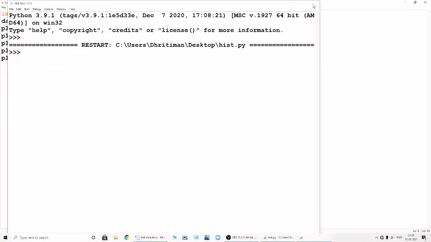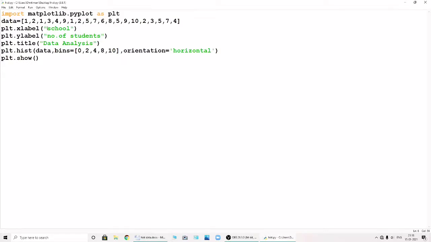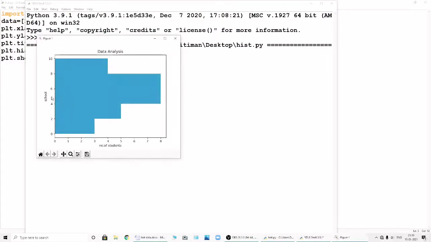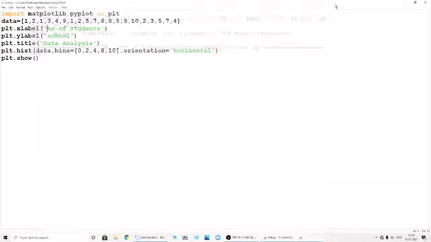So you just alter this: cut the x label and paste it here, and cut these things and paste them here. Now you can see in horizontal form, here it is school and here it is number of students. Keep these things in mind while changing to horizontal form.